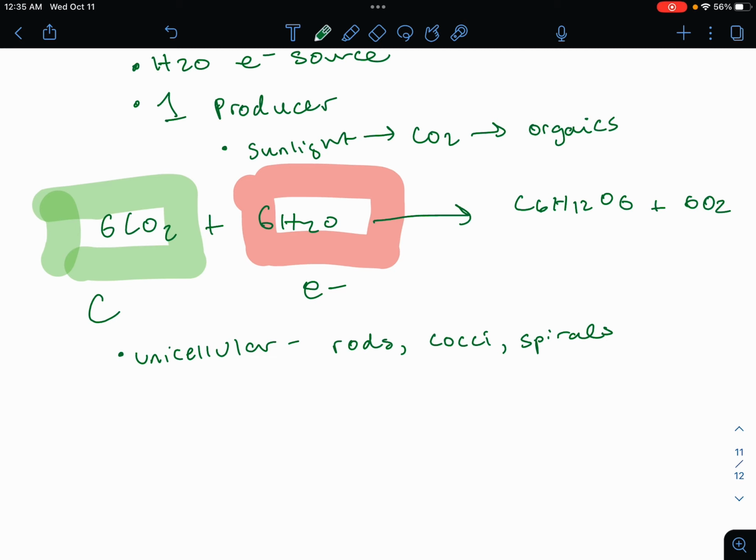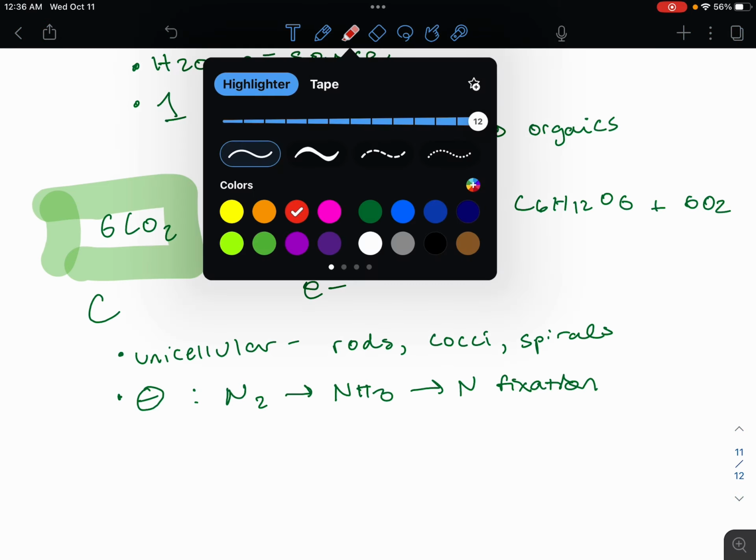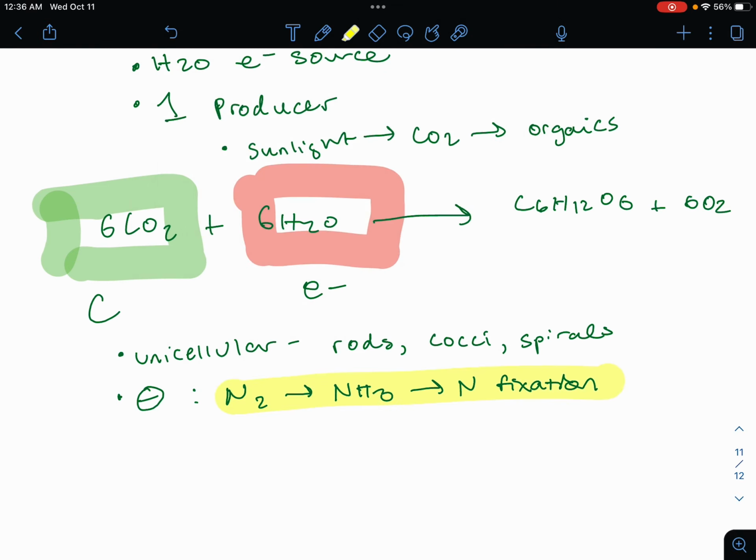I'm actually ahead of myself here, so we're going to pause and say that they are gram-negative, and some can actually convert N2 to ammonia. This is called nitrogen fixation. So some of them are capable of nitrogen fixation. They're gram-negative, that's another thing to point out. Okay, so now we should be going into